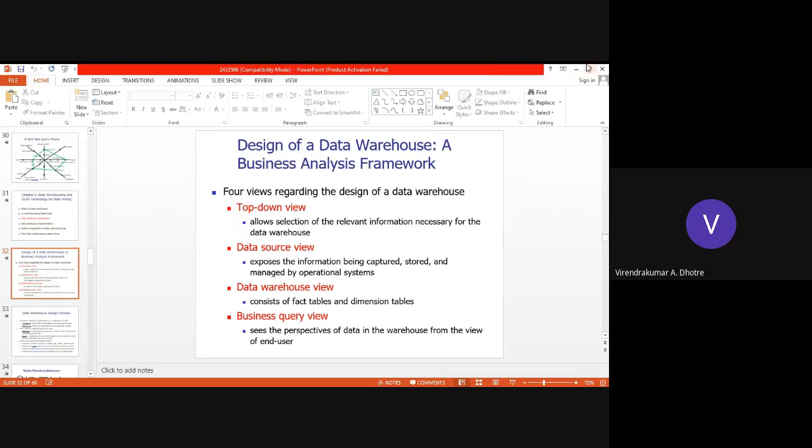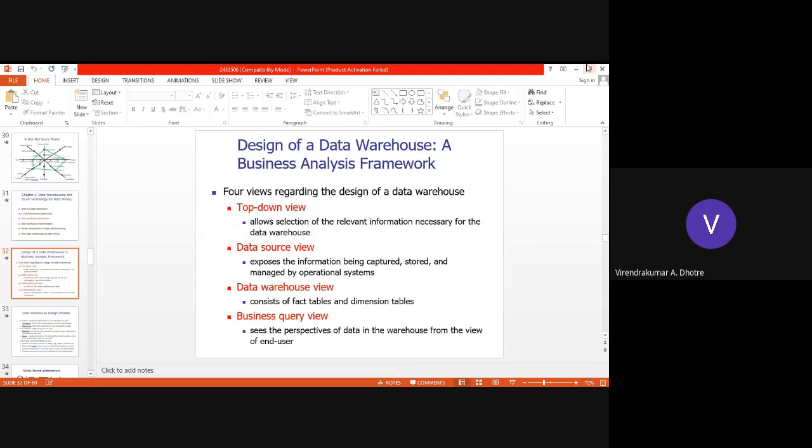business query view. The business query view sees the perspective of data in the warehouse from the view of the end user. I do have tremendous data, but how am I using that? That is a question if I am the owner of a particular business. For example, I want to sell clothes. As an end user, my purpose of using data warehouse and data mining is how I can increase my business, how I can get profit, how I can fulfill the requirements of the user.